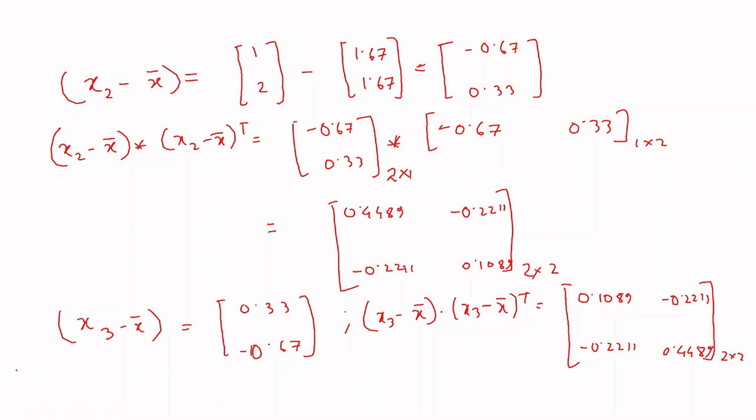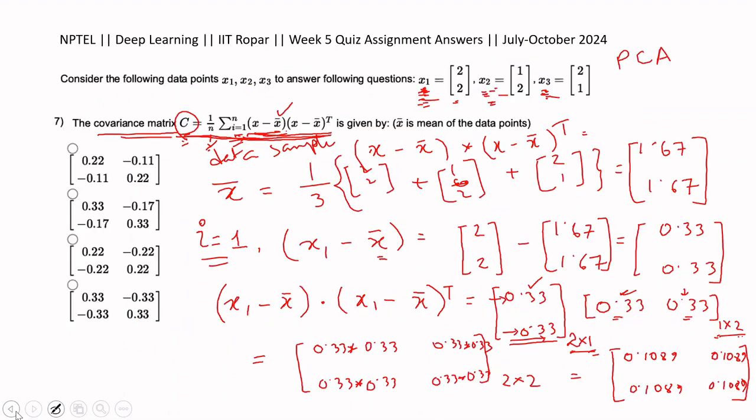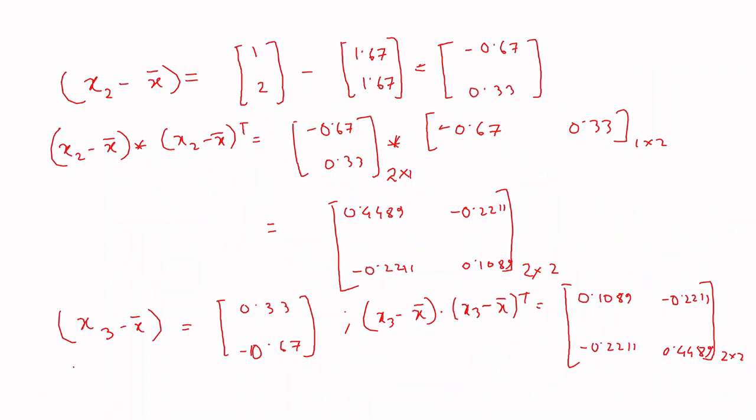Now what I have to do finally, let me revisit the formula here. Once we calculate this matrix multiplication for all the data points, I have to add all those matrices and also then take the average, right? So we will do that. Let me take another blank page here. So the final covariance matrix,